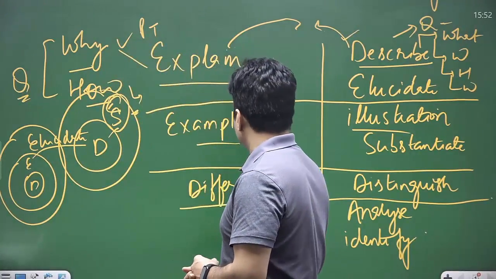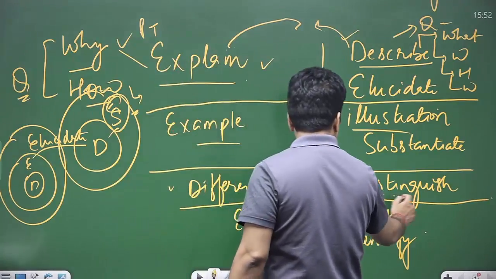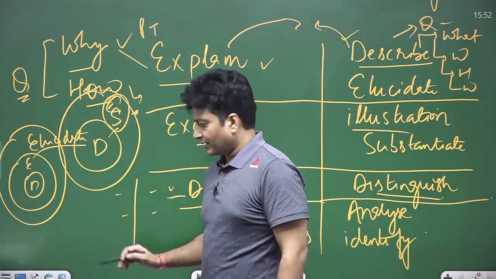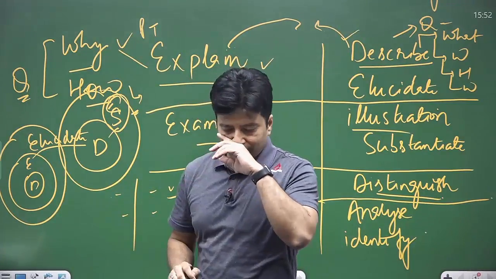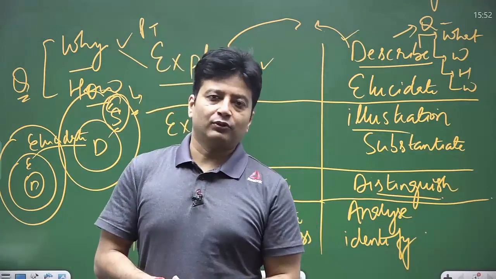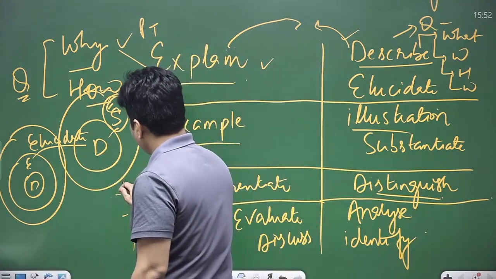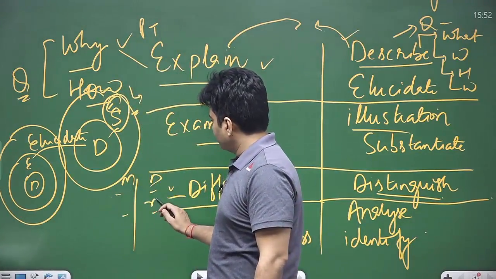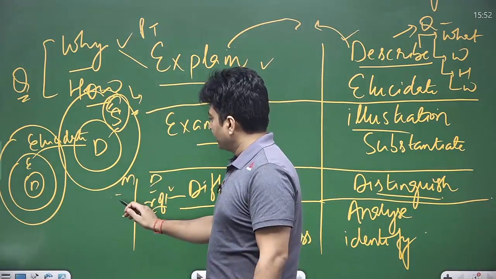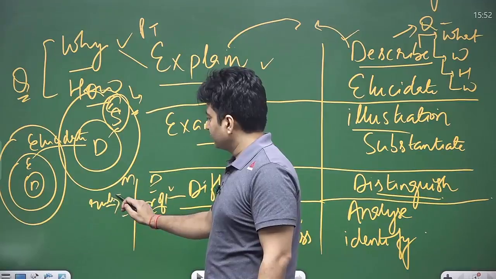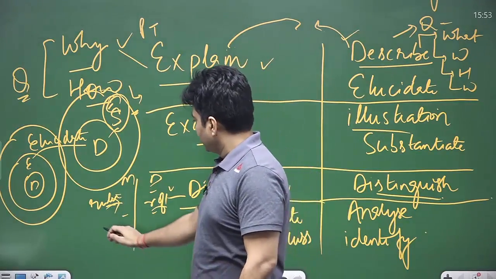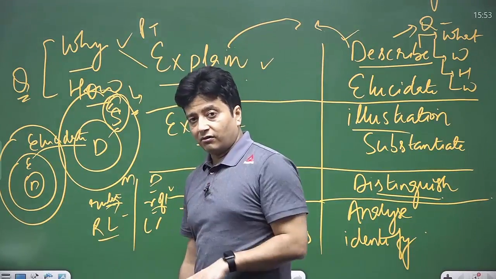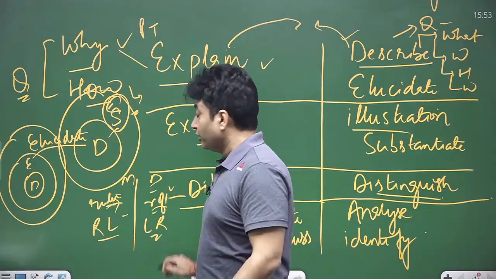Now, coming to differentiate and distinguish. Differentiation may simply be depicted as a table of differences. For example, what is the difference between monarchy and democracy? You can make a table, write monarchy here and democracy here. Here rule of law is found, whereas here rulers are found. Here it is rex lex, here it is lex rex. Rex lex means the king is law, whereas lex rex means law is the king.